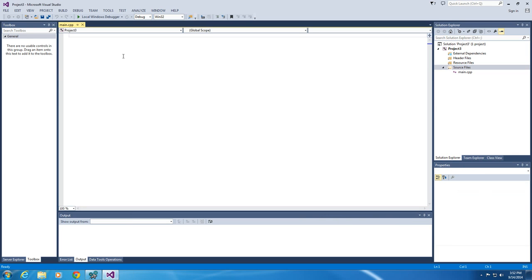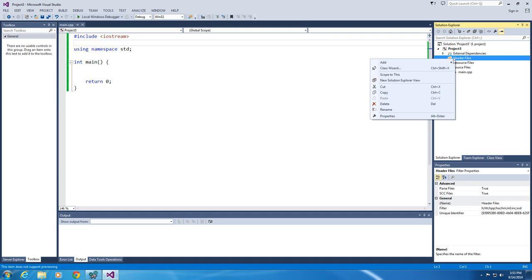Okay, we've got a main.cpp, so we'll do our typical, and let me make this bigger here, so we'll do an include of iostream. Okay, that's just our boilerplate code. That's nothing too crazy. Okay, let's add a header file,